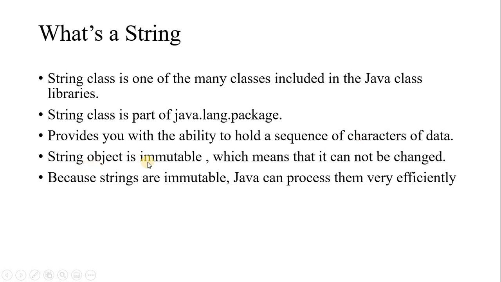And importantly, string is immutable. Immutable in the sense that once you have created a string, it cannot be modified, you cannot change it in the future. Since it is immutable, we can process the data in an effective manner. Immutable means the value that is already assigned cannot be changed again. There is another class called StringBuffer that can be inserted into and modified, but this string class cannot be modified.